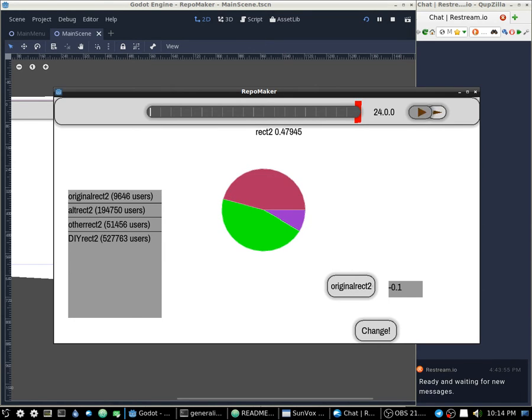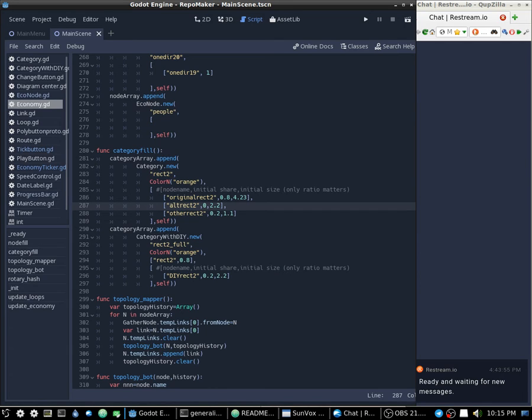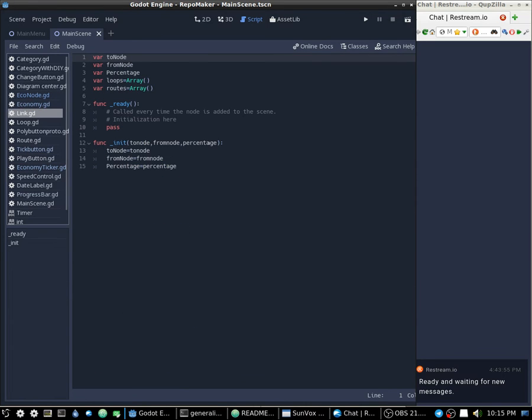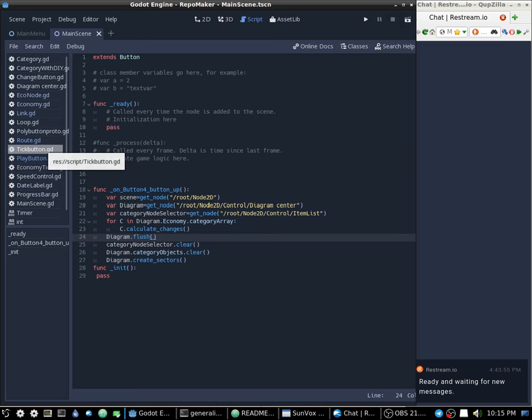Something like this. Okay. So let's make it really locked, shall we? To make it locked, we need two things. We need not to display it on our link selector, on our node selector, and we need to